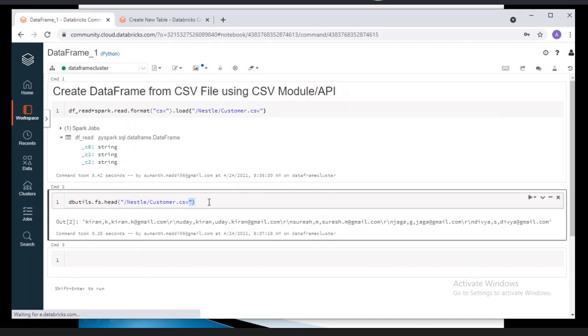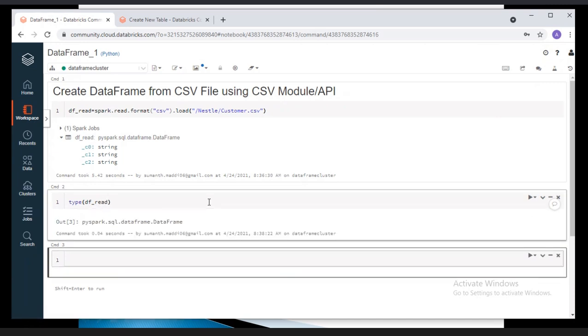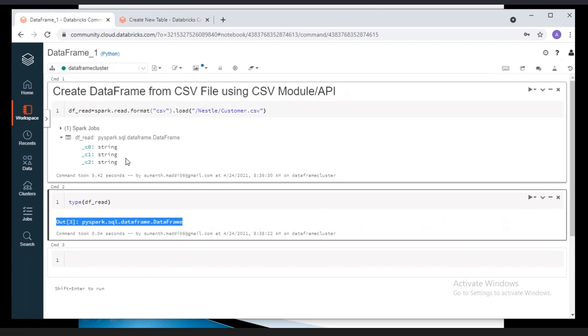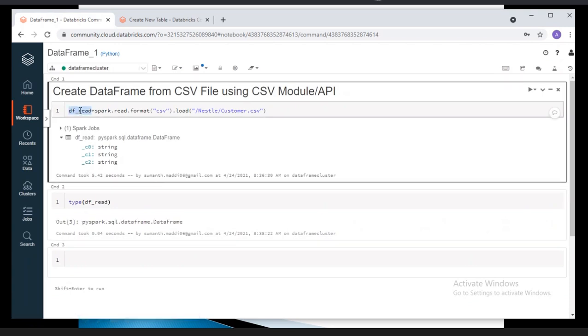If you want to see the type of this object, it is pyspark.sql.dataframe.DataFrame. This is your API, meaning this is your data frame.